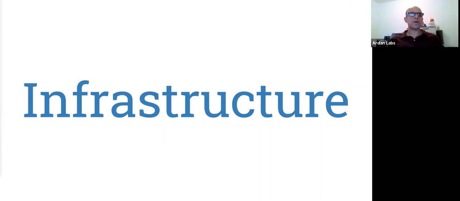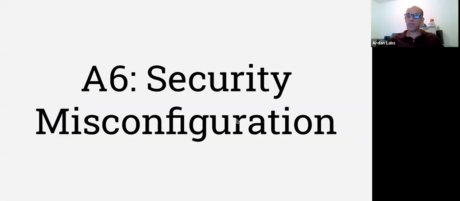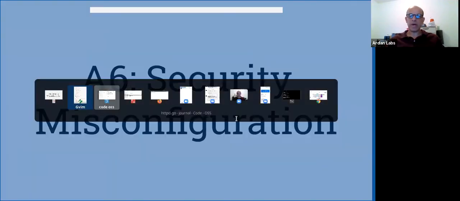Okay, so we talked about authentication and consideration. Now we're talking about infrastructure. So these are things that are in the infrastructure, or how you deploy or your code is structured. So one thing is security misconfiguration. And if you go back to our code,